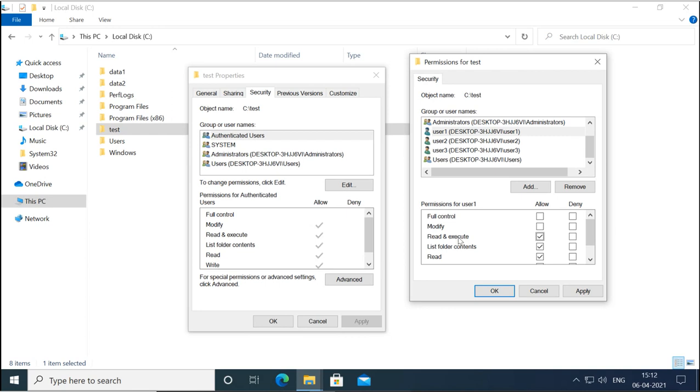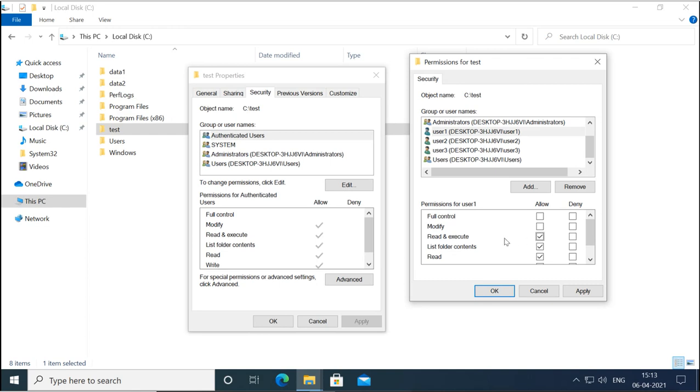Now read is for the file. If you are using the permission on a file, that means you can read the file. And execute is for the directory. If you are using this permission on a directory, that means you can open the directory by double clicking it. When you double click on the directory and it opens, that means you are executing the directory. So if you have this permission, you can open a directory, you can read a file. And this is available by default, you can see. Because of that, any user can open any directory.